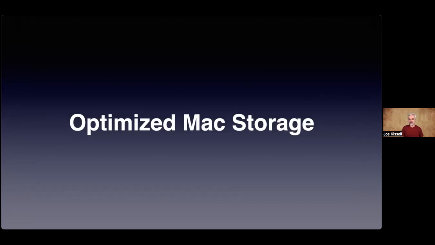The basic idea of optimized storage is this. You have a limited amount of space on your device. Now, you might have the cheapest possible Mac that only has a 256 gigabyte SSD in it, and you're like, but I have lots more stuff than that. Where do I put it? Or you might have an 8 terabyte SSD, but you have a massive amount of stuff. So however much stuff you have, if it is greater than the amount of space you have storage for on your device, optimized storage is Apple's proposed solution to this.